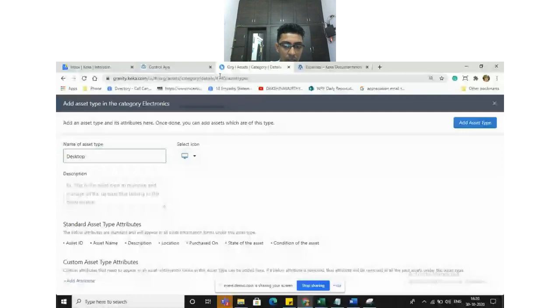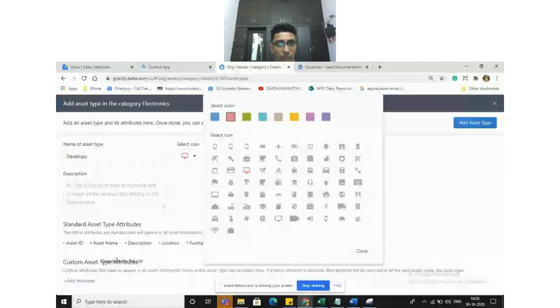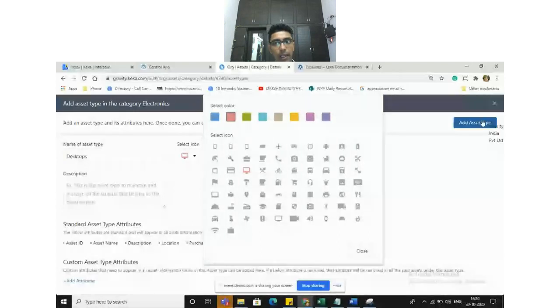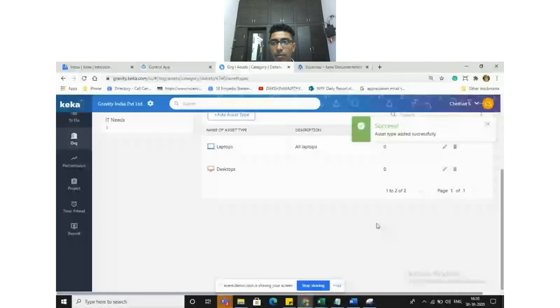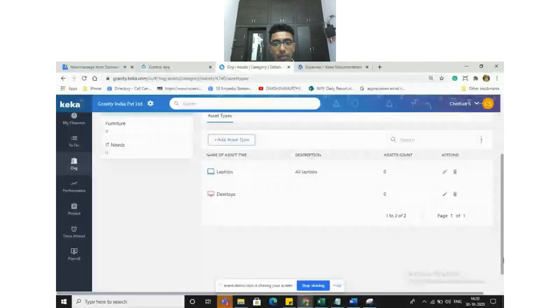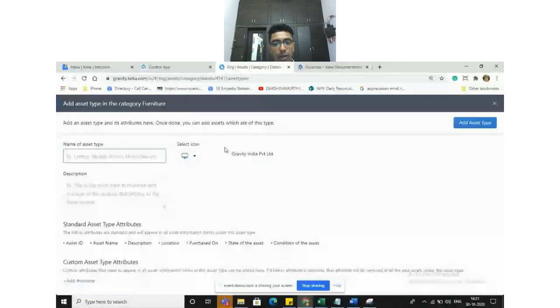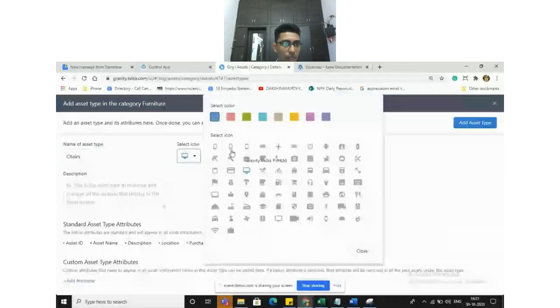desktops. Choose a different color. You can add the attributes or not. I have added laptops, desktops, and you can add multiple other asset types. Okay, let's go to furniture. We can add chairs.